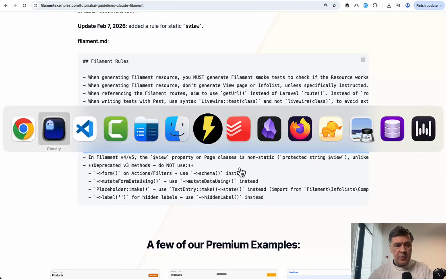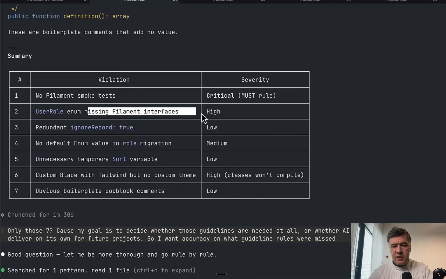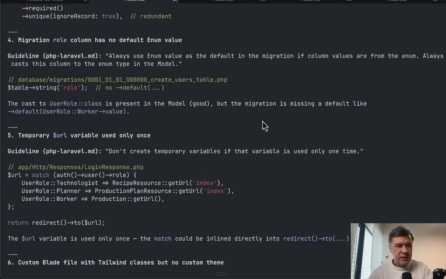But this is another example of guidelines that should be present. Also, user role enum missing Filament interfaces with high severity of impact, because if you use enums, it's beneficial to use them deeper in all the project instead of just string values in other places. Let's take a look at